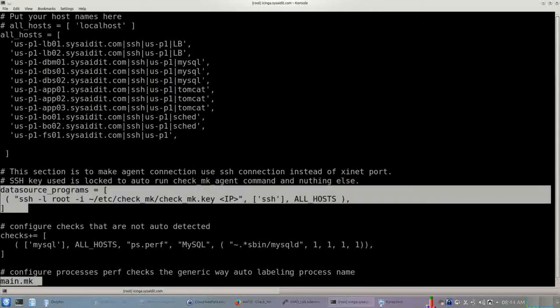What I've told it here is that for any of these servers that have a tag SSH, I want to use this command to connect instead of the normal connect to the telnet port. And all this is doing is an SSH connection using this checkmk key, which I generated. And on the actual server,